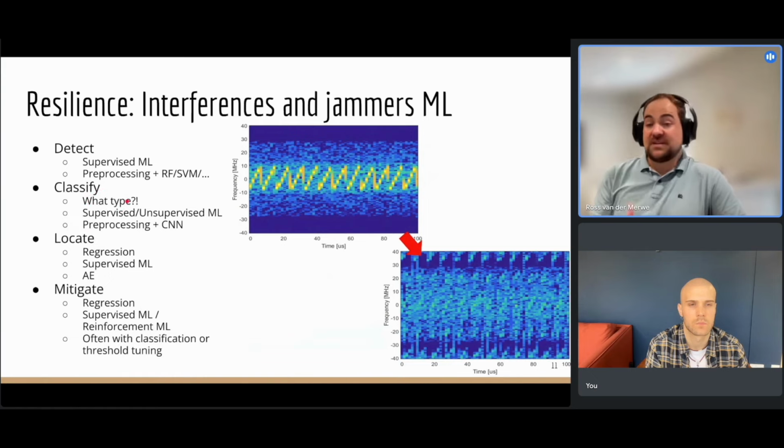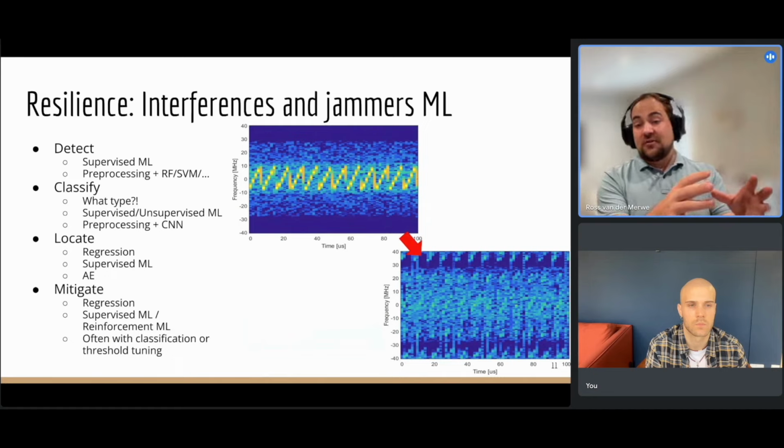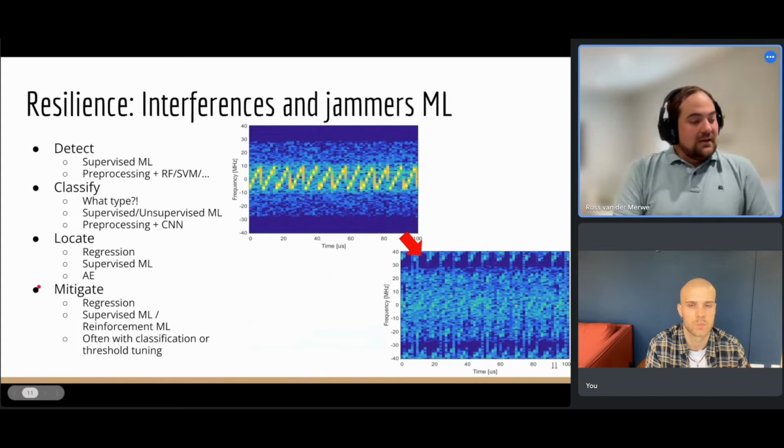So you'll classify what type of signal it is, and then based on the signal, select which algorithm is going to mitigate it. So instead of making the AI do all the work, you say, you're in control of running the receiver and doing all this pre-processing. Which block should be switched on and which block should be switched off?